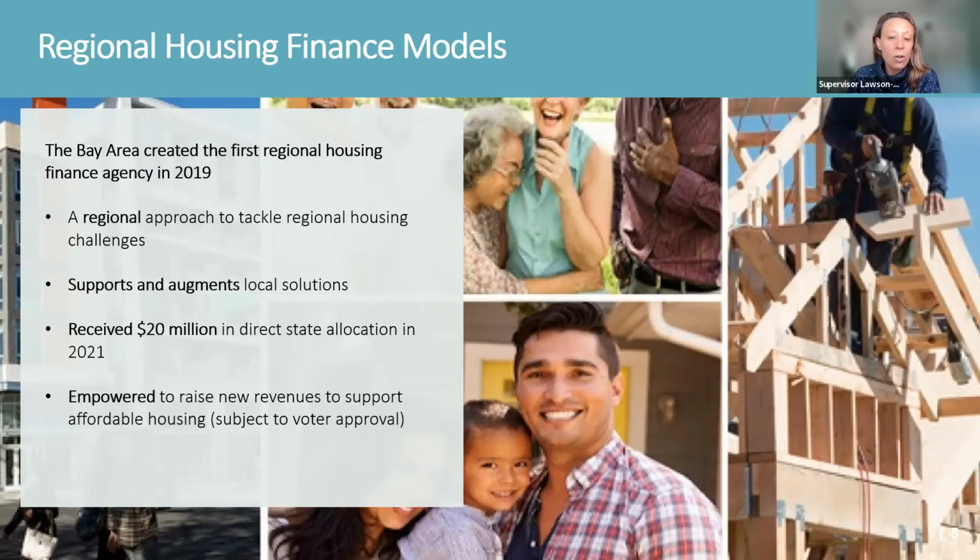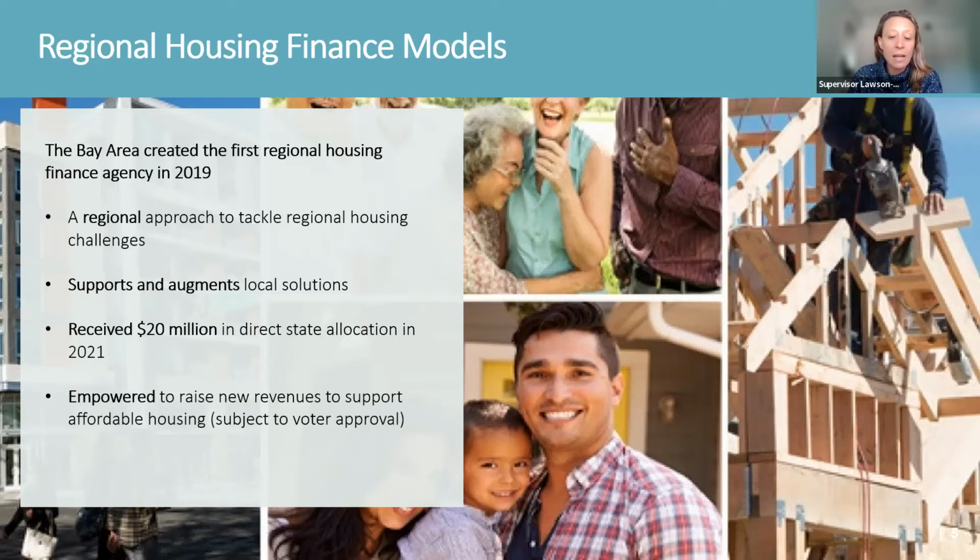And this is also about regional competition, frankly, because if we don't get our house in order down here, and get a regional housing finance authority up and running, where we can generate some regional solutions, a local pipeline, find some financing to provide local funding, we are completely uncompetitive with funding from Sacramento, because the Bay Area already created the first regional housing finance agency in 2019, which includes 88 cities in the Bay Area. And because of this, they've already received $20 million in a direct state allocation last year, requesting another $20 million